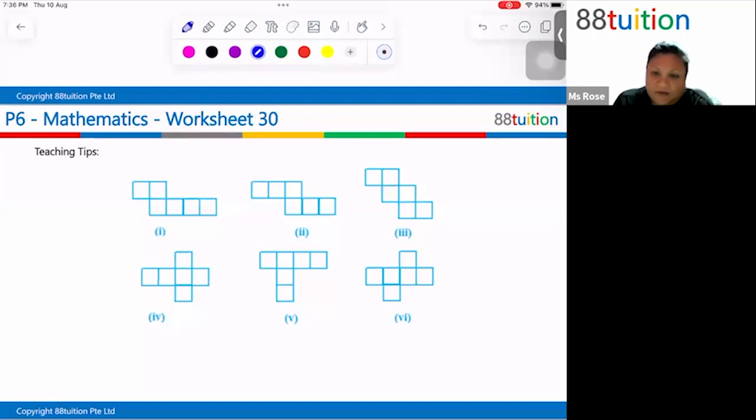Yes, no. You don't know. Okay, first, I must choose the base. Let's say I choose this as the base. I'm going to shape the bases. If this is the base, can you imagine you fold it